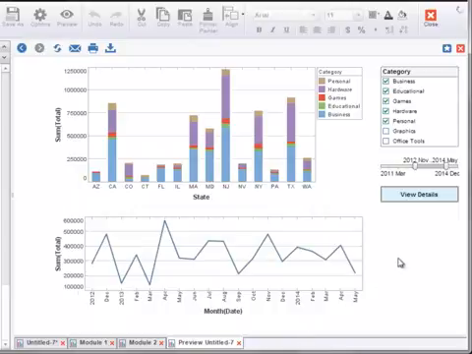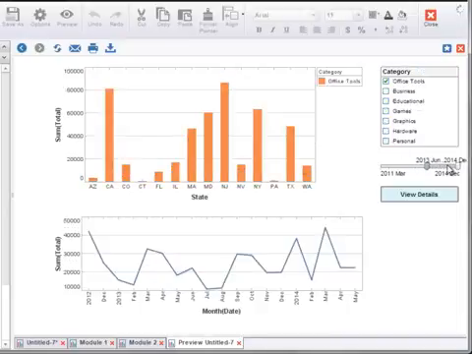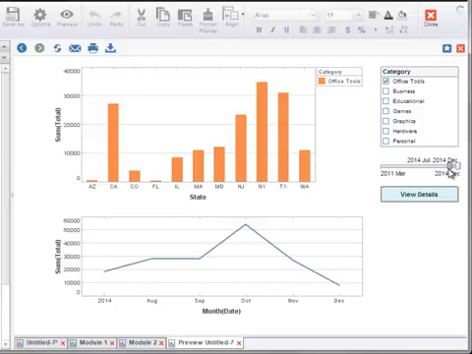In a case like this, we might prefer that the detail data that the user sees is restricted to the details for the selections that the user has made in the category selection list and range slider. So, for example, if the user selects only the category of office tools and only the range of July to December of 2014, when the user clicks the View Details text element to see the detailed data, they should only see the details for that specific category and that specific range. The easiest way to do this is, again, by sharing filters between this composite dashboard and the detail dashboard that